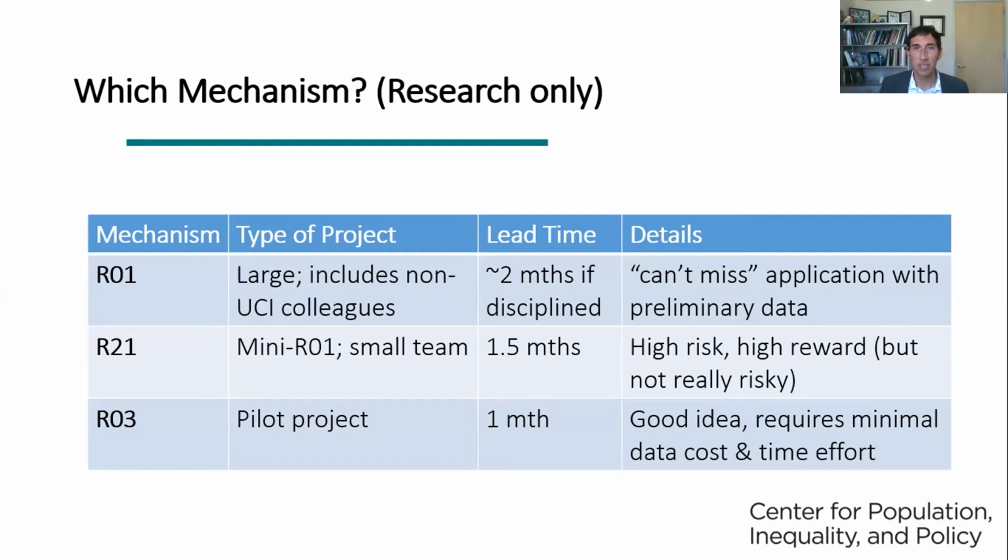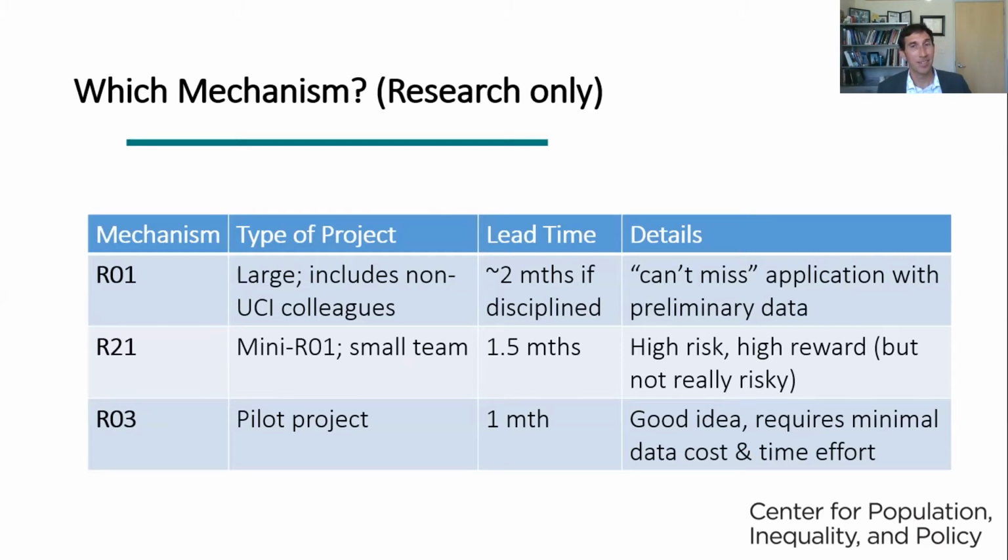Now, in terms of the lead time, I'm sure scholars can disagree about how much lead time you need. I would say for an R01, if you have a good idea and you're starting to develop it, 2 months before the deadline would be sufficient if you're disciplined, which means you have a team that you can really pull together, with people rowing in the same direction. That could work. An R21, maybe a month and a half out,